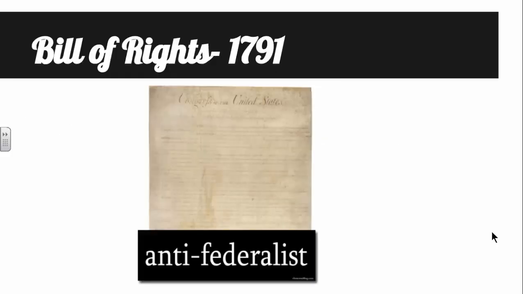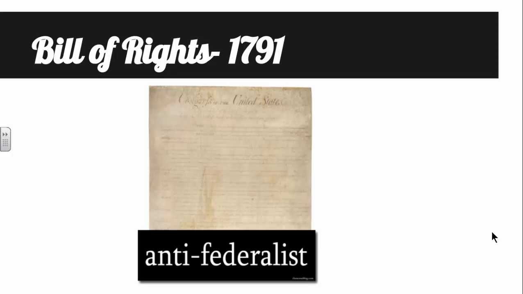Just a quick reminder about the Bill of Rights, which were enacted in 1791. These are our first 10 amendments, okay? What a lot of people call our most important amendments to the Constitution, protecting our civil liberties. The Bill of Rights, the first 10 amendments, exist because of the Anti-Federalists. They said that our civil liberties, our individual rights, must be clarified in the Constitution, or else we're just going to end up like Britain, where we have this one big powerful government and our